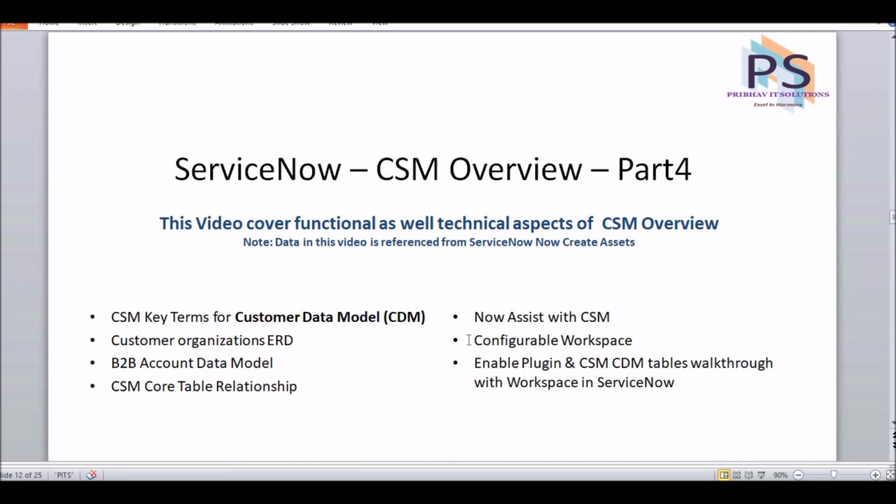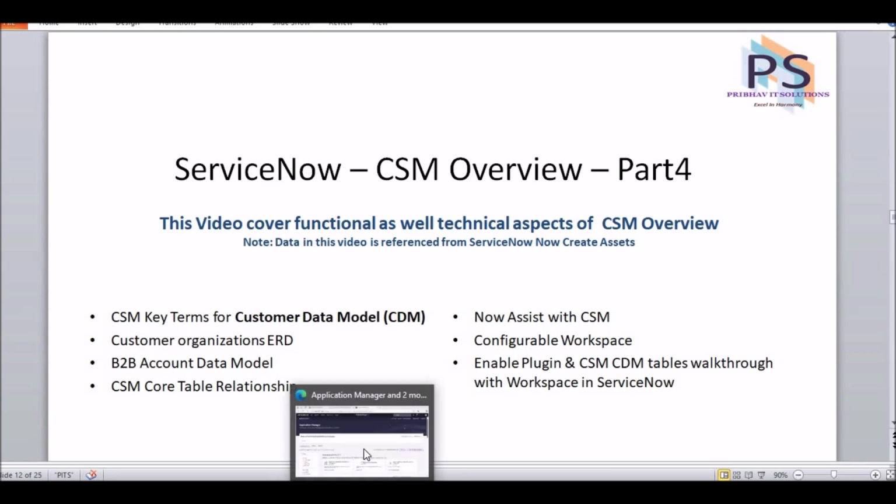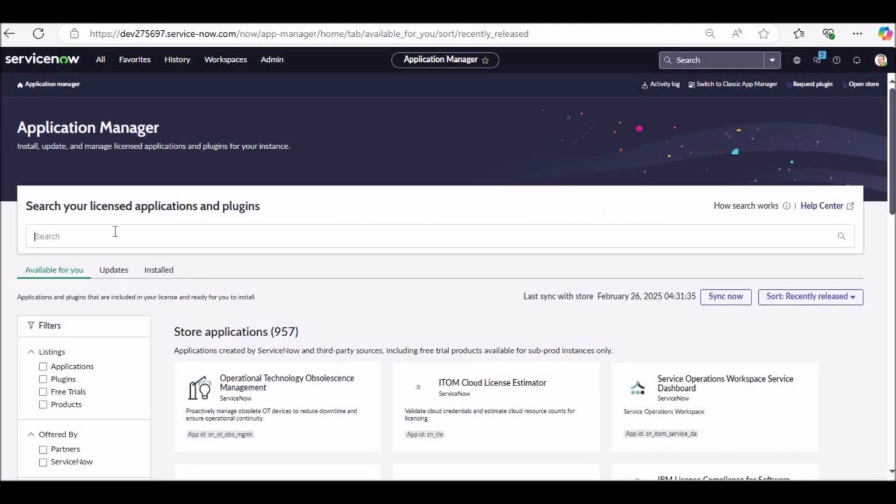enable the plugin in ServiceNow. We will also learn about the enterprise relationship diagram and the relationships between business models and entities. Okay, let's start. First, because the plugin takes much time, let me start the installation of